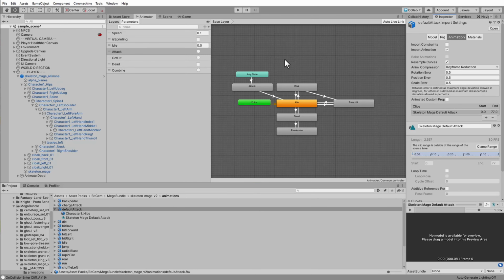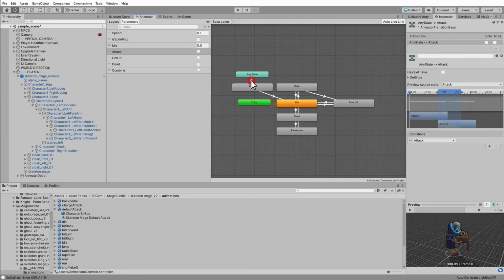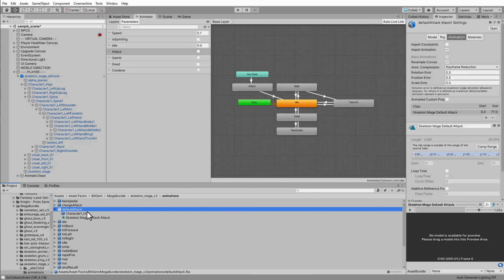So here's the animator that we're using, and you'll see that we have an attack that can be entered from any state just by setting this attack bool. So whenever attack is set, we go into the attack,